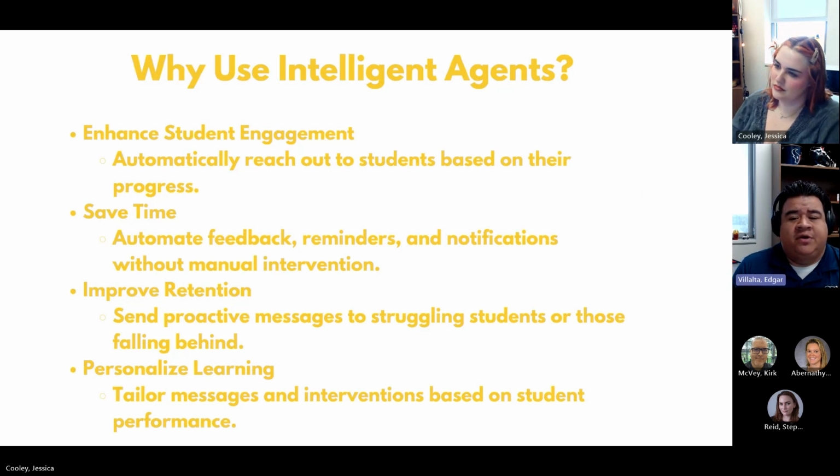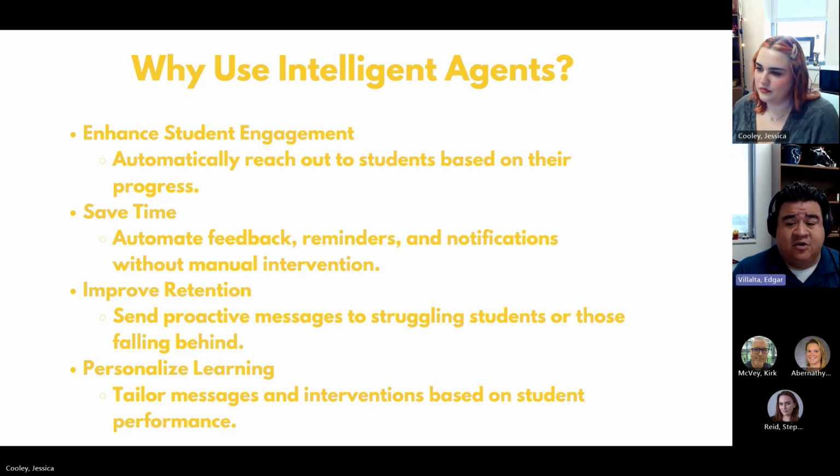So why would we use the intelligent agents? Like we said, we enhance student engagement. This will automatically reach out to students based on their progress. So if the student is not logging in and not doing assignments, they will get a message to remind them that they're missing things. This helps save time for you as the instructor. Like I said, it's automatic, so you don't have to worry about reminding students to log in or to complete